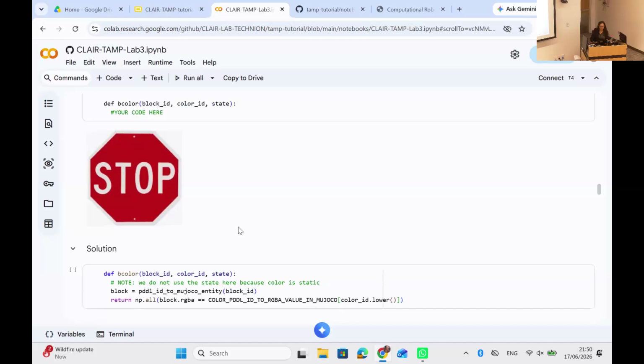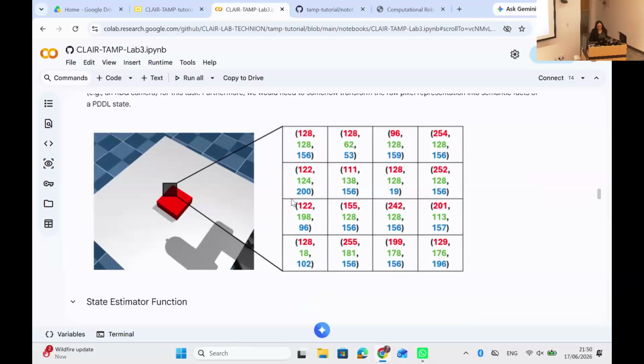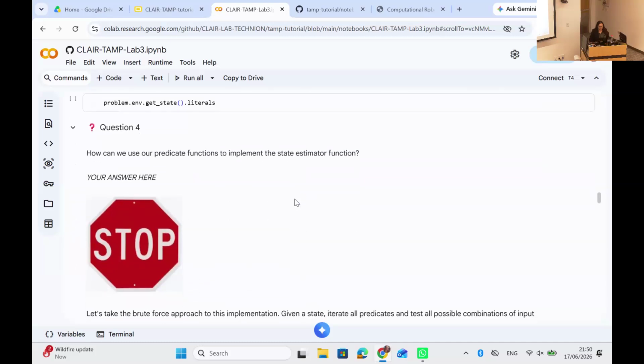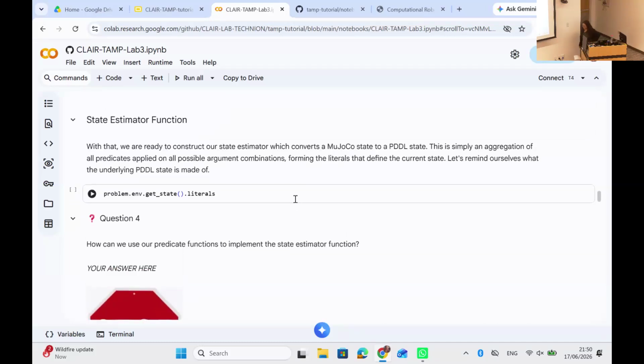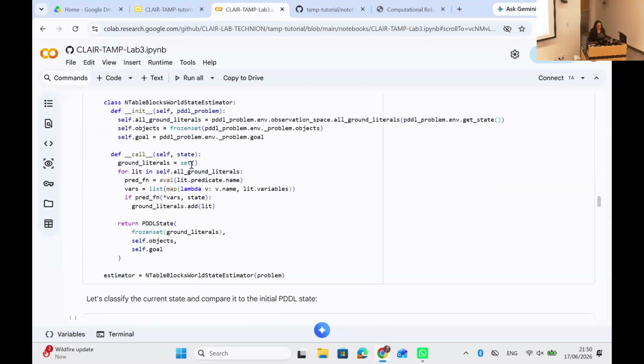I didn't include this in the tutorial, but I think it's really nice to see how you could interpret the scene using the information incoming from the camera. So the state estimator function basically would need, and again, this is not a good implementation, you would need to do this in some informed way. You process the information, you get the states,